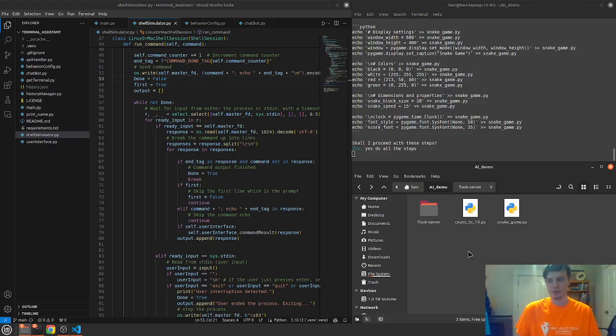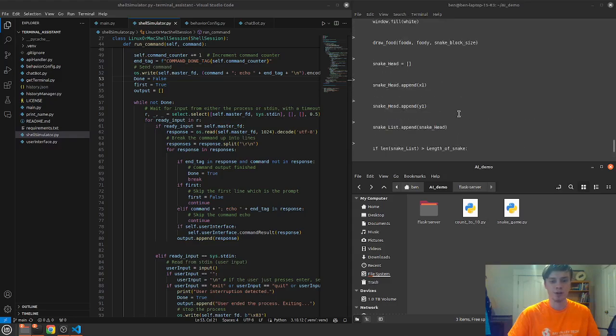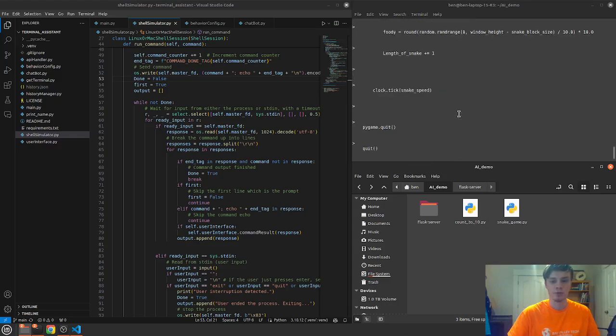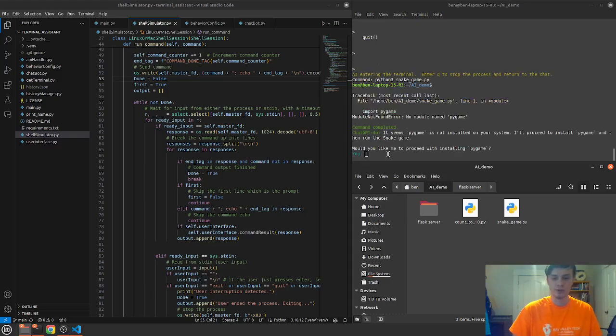Sometimes it just comes back and it's like, am I doing the right thing? But I'd rather it do that than start just messing things up. So we'll see what it does. Okay, so there it goes. It writes the entire Pygame code. I guess it figured, okay, no module named Pygame. Now this is an error I was expecting it to run into. So hopefully it will be able to fix this. Yeah, let's install Pygame.